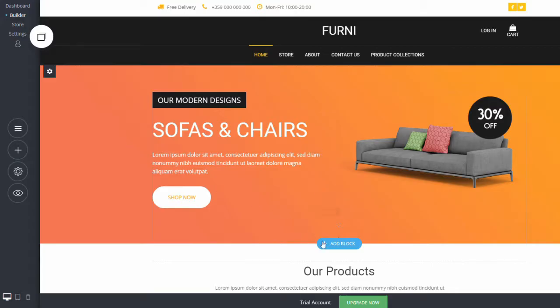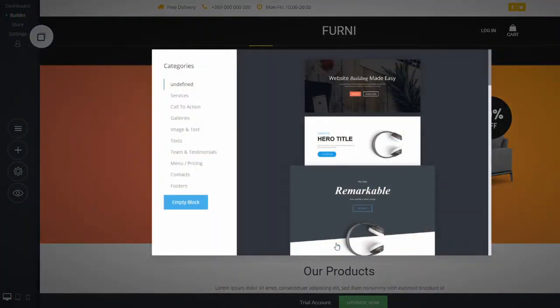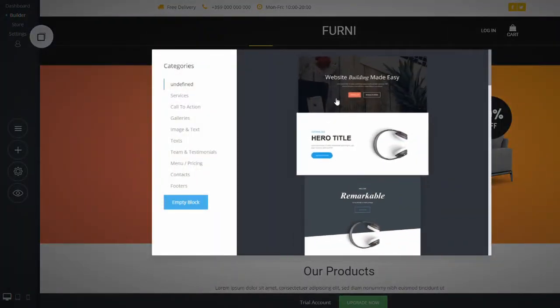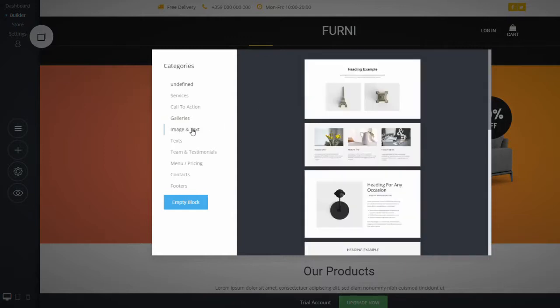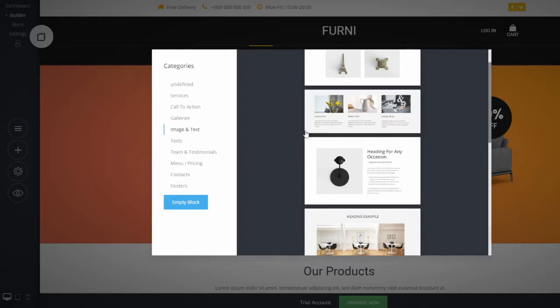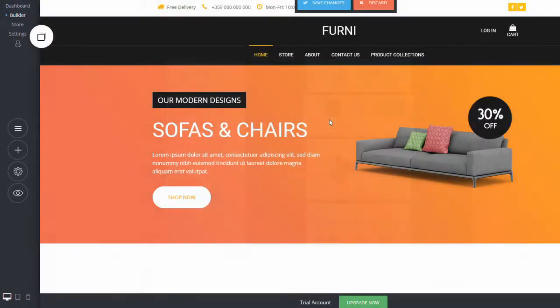To add a block to your website, simply highlight over the section that you'd like to add a block to, click on Add Block, and then choose the block that you'd like to add. In this case, I'm going to choose an image and text block to showcase some images. Once you've chosen the block that you'd like to select, just click on it and it will be added to